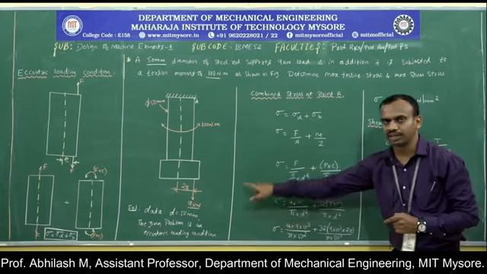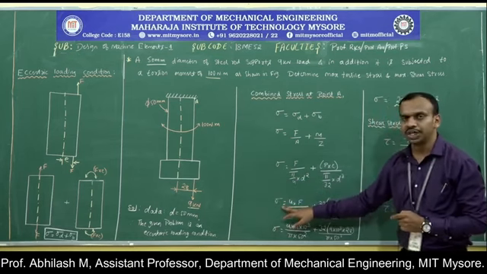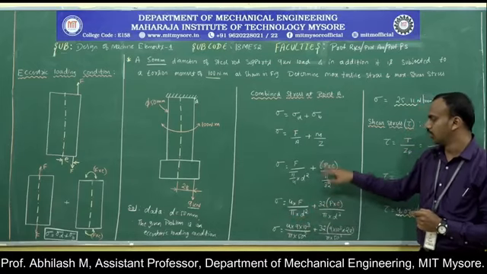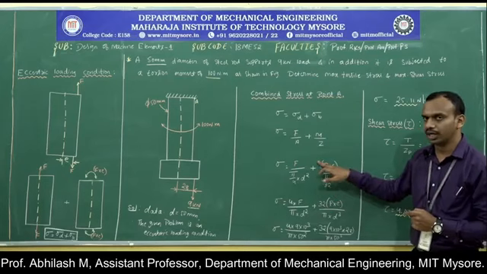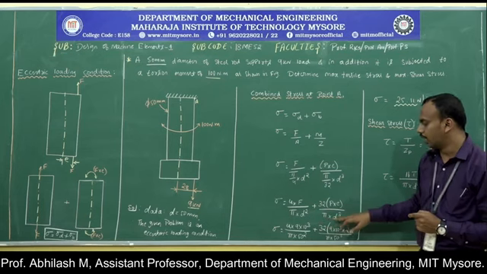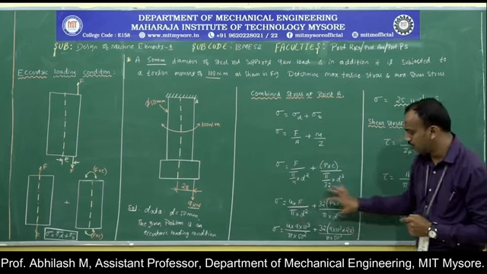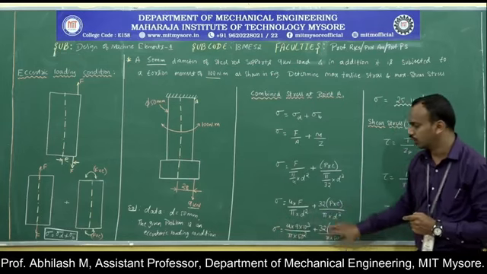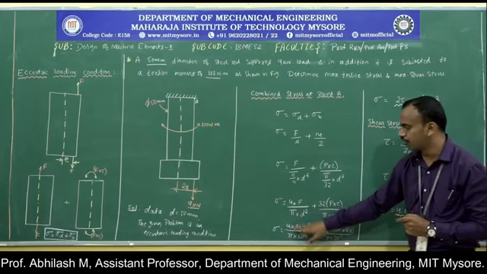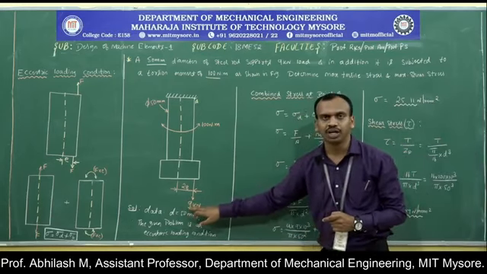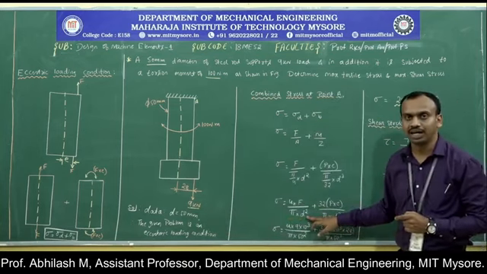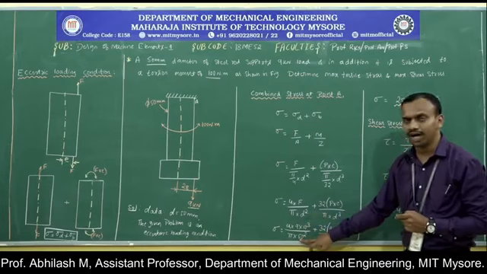Now, rearranging the terms, I am just moving this 4 to the numerator. The stress because of the eccentric load will be sigma equals 4 into F divided by pi into d square, plus, moving the denominator 32 into the numerator, 32 into P into E divided by pi into d cube. Now we know all the values, so just substituting the given values. Sigma will be equal to 4 into 9 into 10 to the power of 3, because the F value they have given is 9 kilonewton. Converting kilo into newton gives 10 to the power of 3, whereas the diameter is 50, so substituting the value of 50.